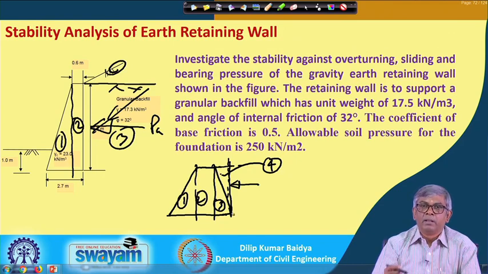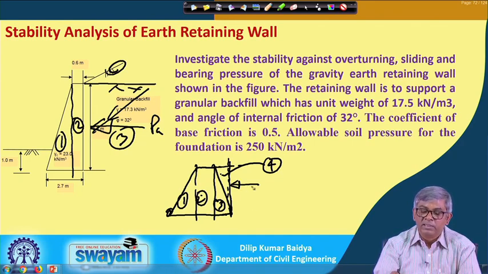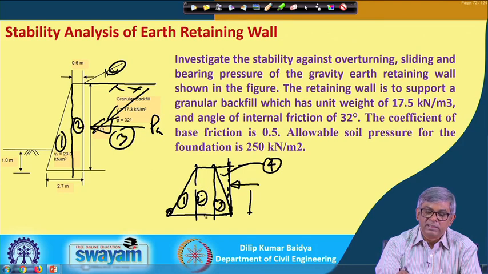I have to find the factor of safety. First of all, I will calculate the vertical forces, and then the vertical force multiplied by the friction gives the resistance. That divided by the horizontal pressure will give you the factor of safety against sliding. For finding the factor of safety against overturning, what do I have to do? All the forces 1, 2, 3, 4 are on this side, so these are all restoring. I have to find the CG of all those, P1 H1, P2 H2, P3 H3, like that. The overturning moment will be this PA multiplied by this height, and from there I will get the factor of safety against overturning.